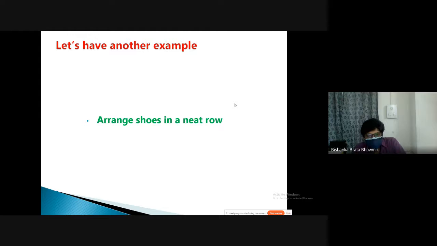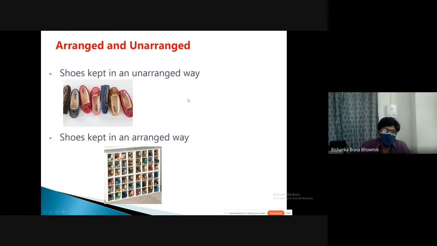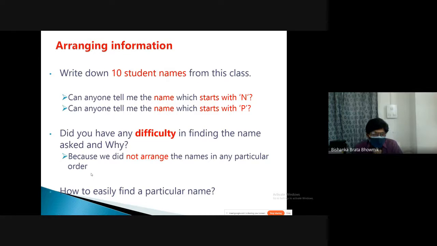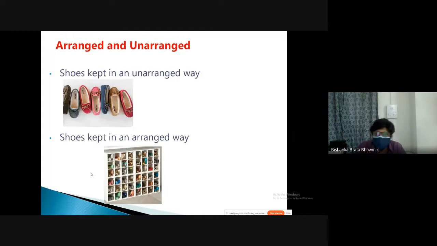You can also try this in a class, arranging the shoes. They will generally put the shoes outside the class in a haphazard manner. It will not look great actually. You can show them that these are unarranged. And then in a shoe box, you can help them to put them in an arranged manner. And then they will see that if you keep the shoes in an arranged manner, that will help us, and it will actually look nice also. First of all, it helps us to take out which shoes are which pair. They are also useful, and it will look neat and nice also. This is one of the reasons we arrange data.